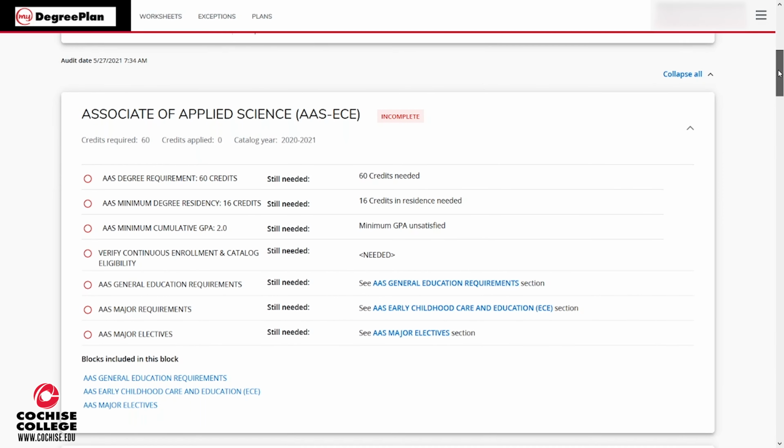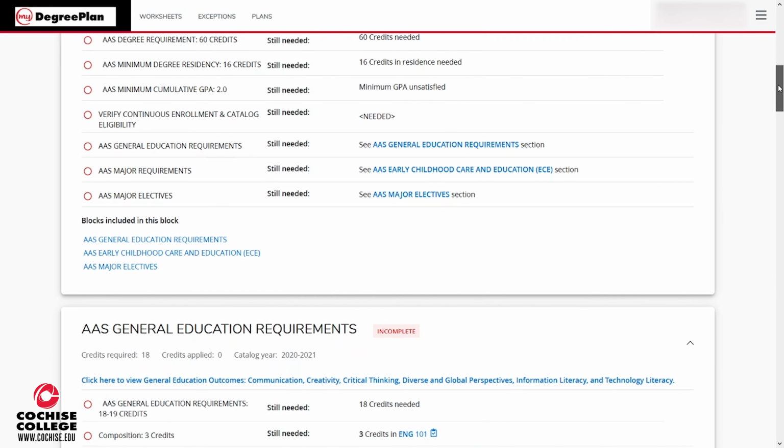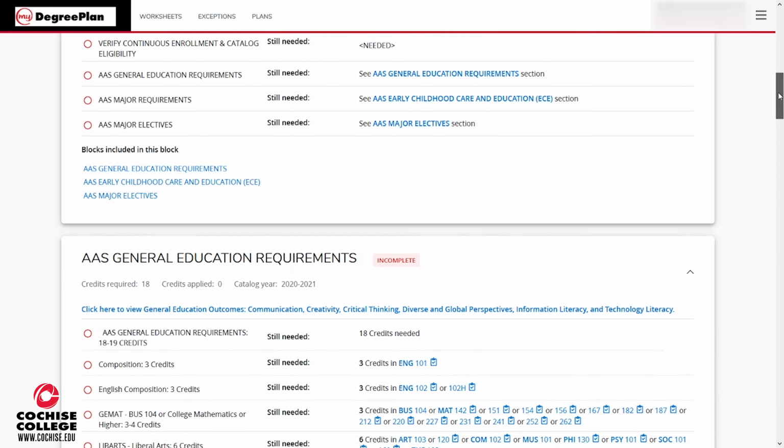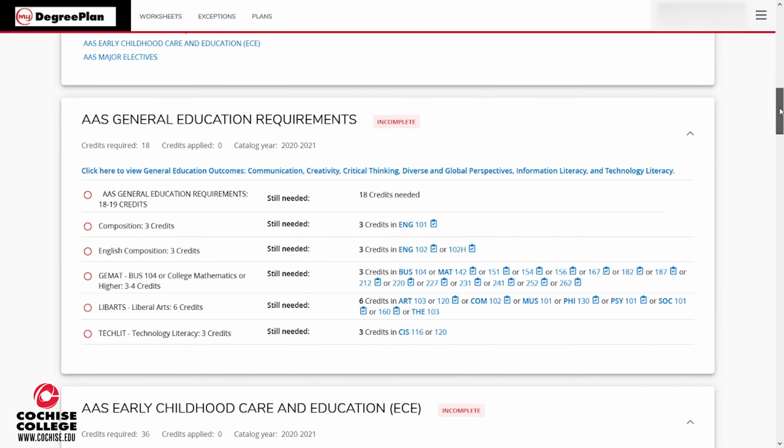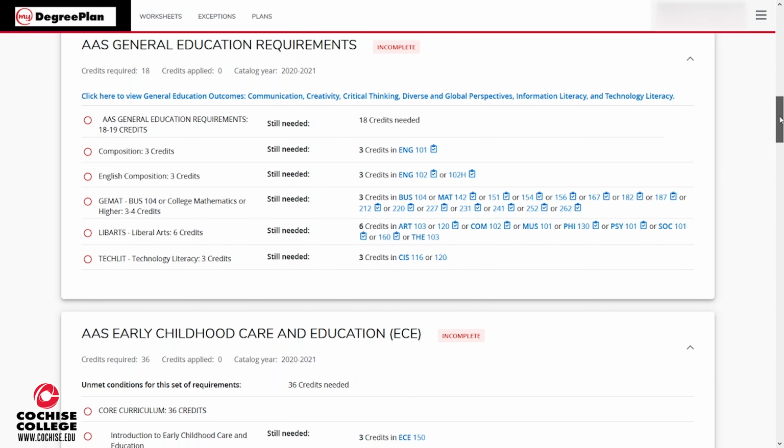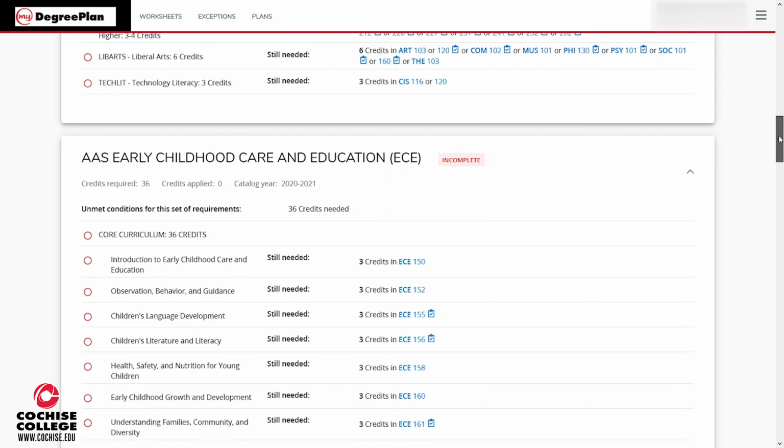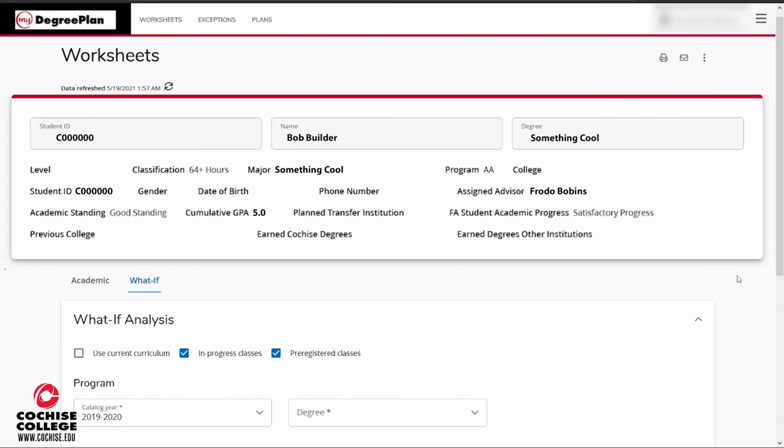My Degree Plan is a great tool, students, and I really want to encourage you to use it because here you'll be able to see all the catalog requirements for your certificate or your degree, and it's all in one place. As you enter My Degree Plan, you'll be able to see the header, and it'll have your Cochise ID number, which is very important, your name as it is in our records, and of course a menu or maybe just the name of the certificate or degree that you have chosen. If there are several options, go ahead and toggle on the one that you want to review today.